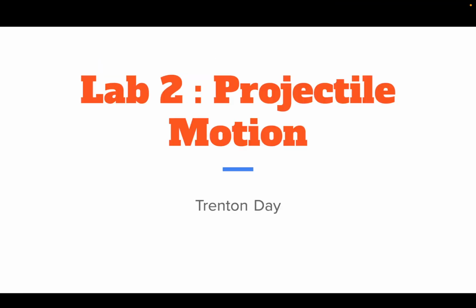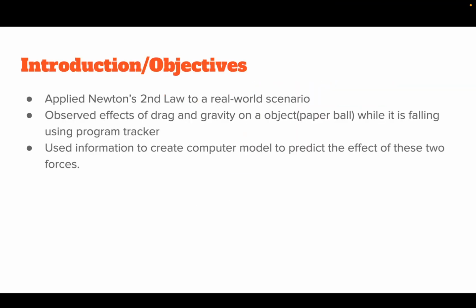Lab speed projectile motion. Okay, the introduction is we applied Newton's second law to a real world scenario and observed the effects of drag and gravity on a paper object, which is the paper ball, while it's falling using the program Tracker. Then we used information such as the initial position and initial velocity to